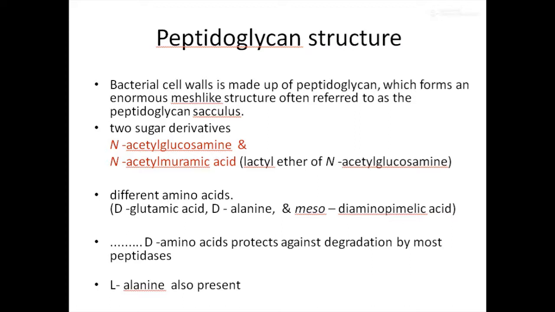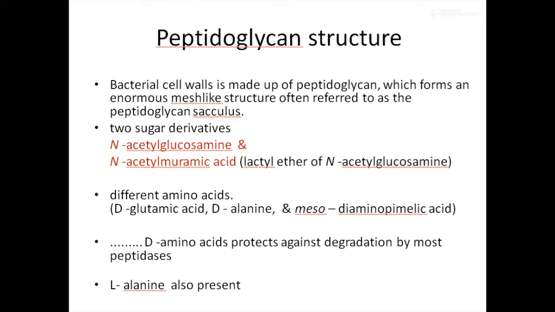the peptidoglycan structure. The two sugar derivatives mainly found in the peptidoglycan structure are N-acetylglucosamine and N-acetylmuramic acid. You can simply call them NAM and NAG. NAM refers to N-acetylmuramic acid and NAG refers to N-acetylglucosamine, for your convenience. These sugar derivatives are alternately placed in chains, and this chain is arranged in a helical fashion to form